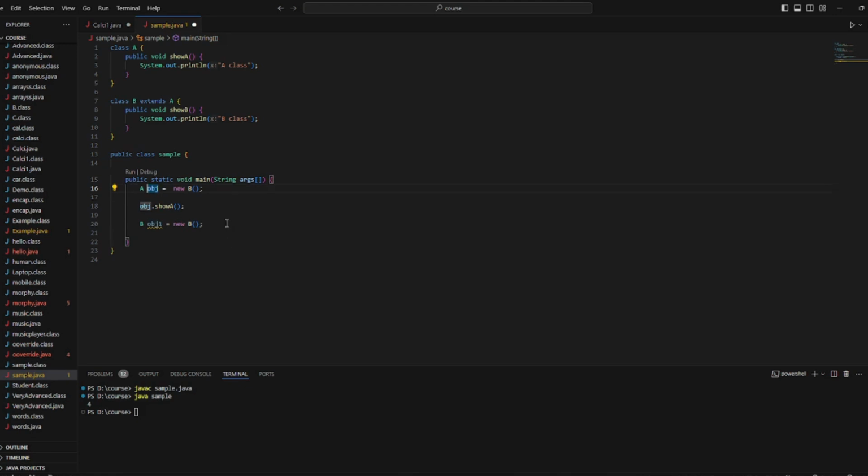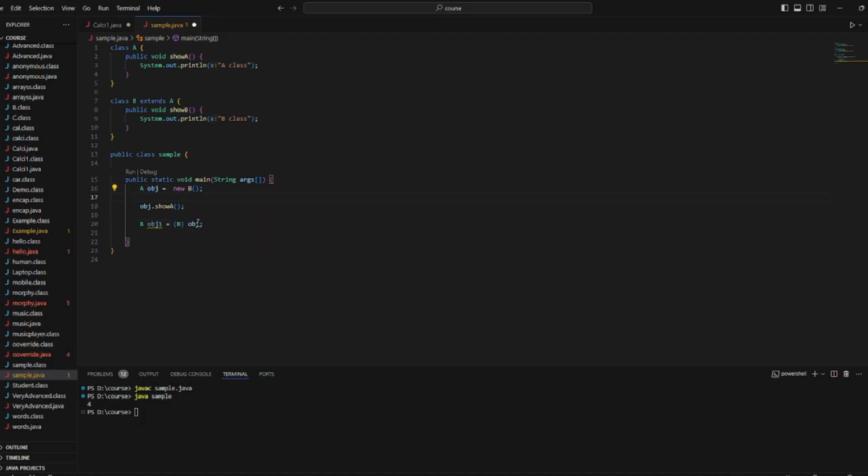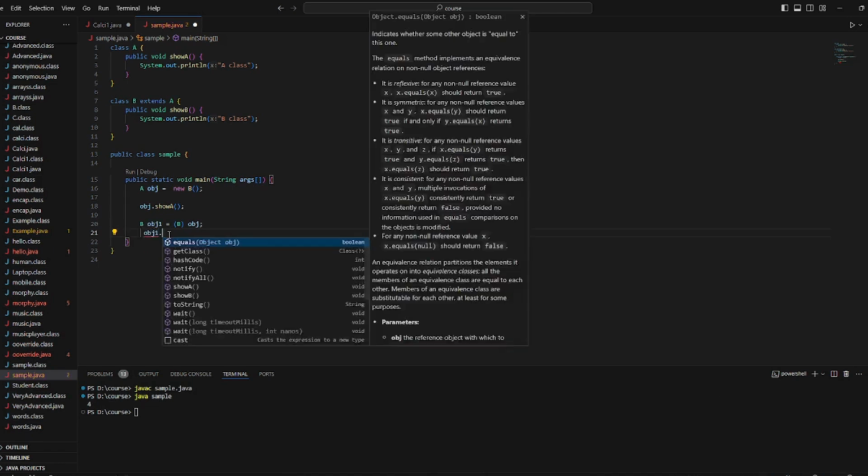In order to store it, I'll just straight away use the object. But it shows me an error because it is of type A. So you can do downcasting. So I've made it into the type B. Since the type parent class is made down into the type subclass, it is known as downcasting. And now we can call showB.